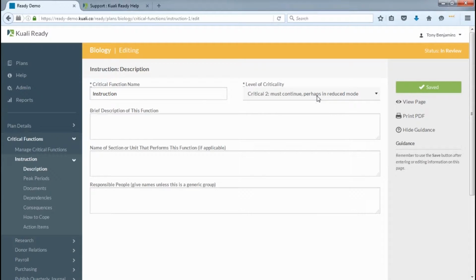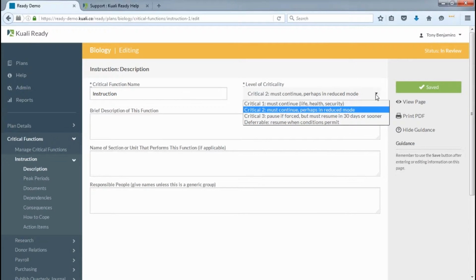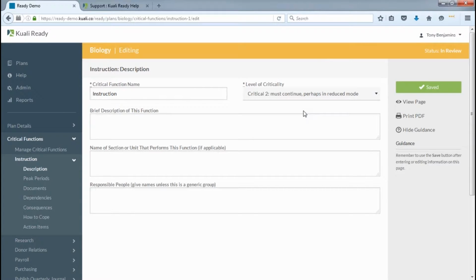If it's instruction and as a critical level 2, as opposed to critical 1, which is involving life, health, and safety, and these come from pull downs, and you can create the language in these levels of criticality as well